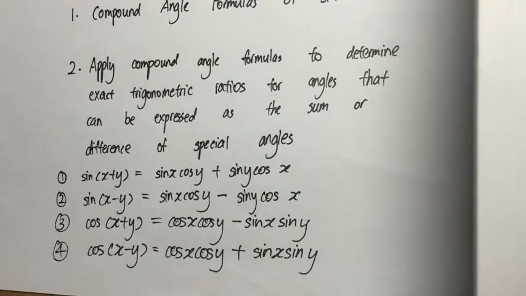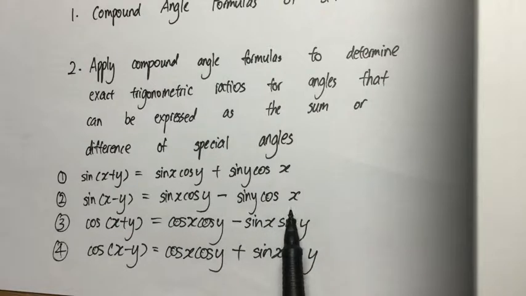Over here, we have four basic compound angle formulas involving sine and cosine. The first formula is sine(x plus y) equals sine x cosine y plus sine y cosine x. The second compound angle formula is sine(x minus y), which can be expressed as sine x cosine y minus